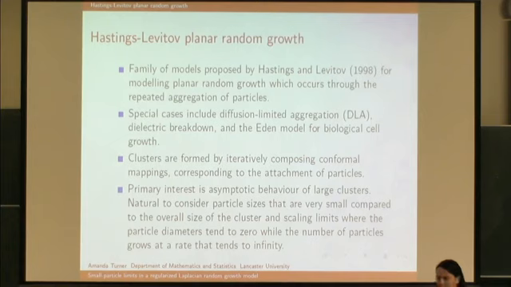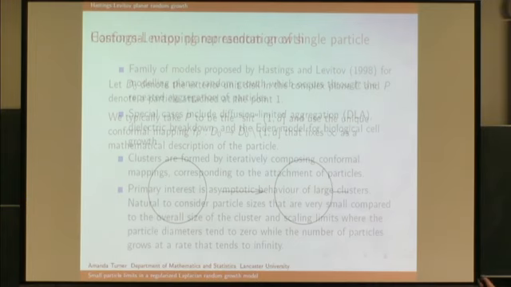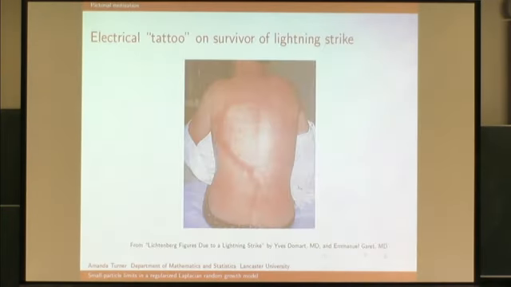And so we take scaling limits where the particle diameters tend to 0, while the number of particles grows at a rate that tends to infinity. Okay, so to explain the Hastings-Levitov construction, first of all, we need some idea of what a single particle corresponds to. And so if we just let D naught be the exterior of the unit disk,